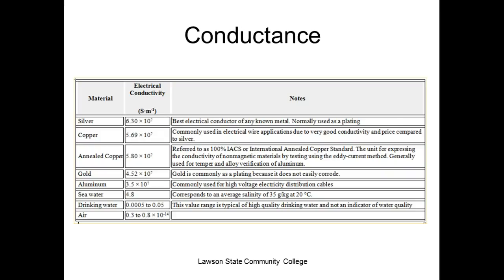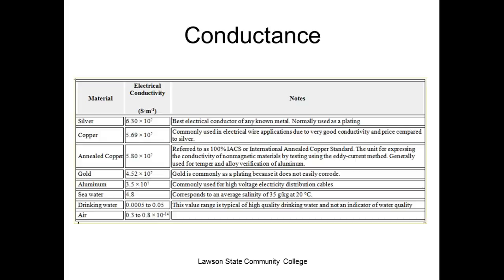This is a chart that shows us the conductance of metals, and it goes from best to worst. So you know silver is the best conductor of electricity, best known. It doesn't mean there's not something out there. This is the best known metal that conducts. Why don't we use a lot of silver? Very expensive, right? You understand that. And also it's